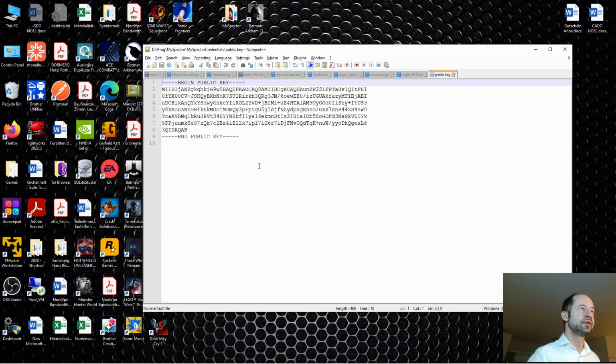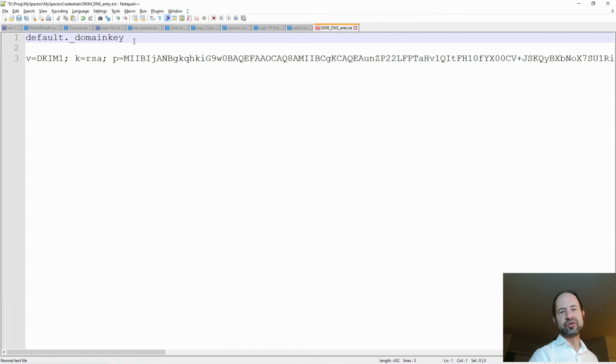which is there. So the configuration to be done for DKIM is to create a DNS entry with this name, where the default, from what I have understood, is an arbitrary value that should be matched in the mail server. The mail server configuration with DKIM will provide this default value. The ._domainkey is a standard one to target the DKIM protocol. And then we should put this value as TXT data. And here there is a public key just after, on the right.